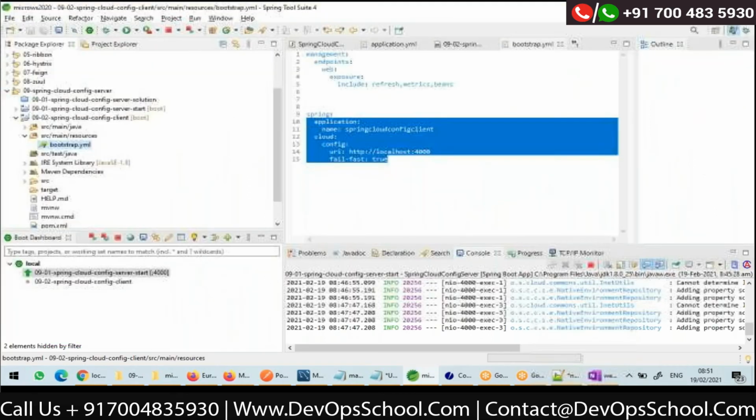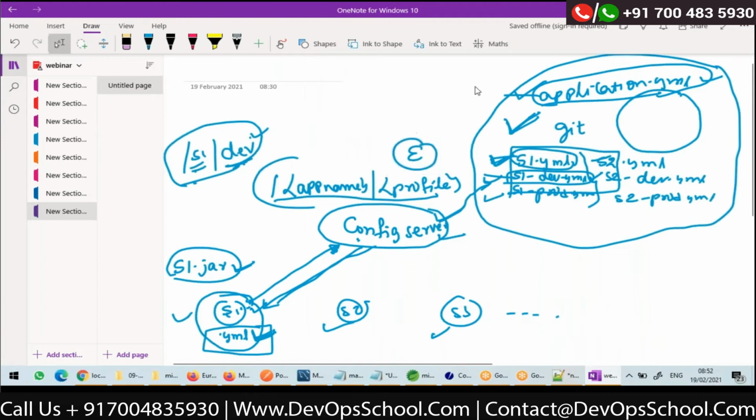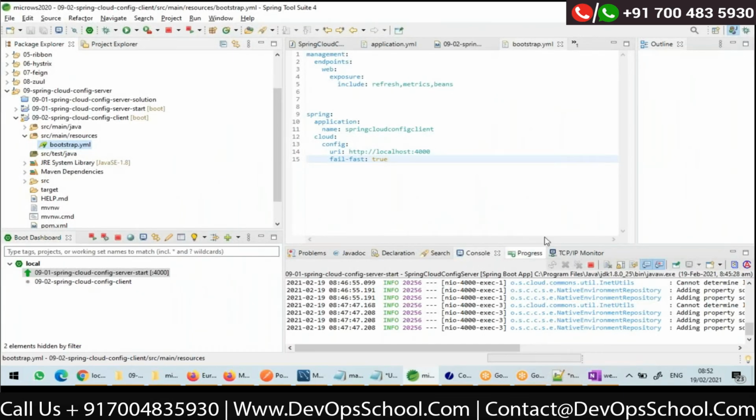So if you want to connect to config server at the Bootstrap itself, what you need to do is configure the properties in bootstrap.yml. Okay, that is the importance of bootstrap.yml. So whenever you are using Spring Cloud config server, you should not write inside application.yml, because your application specific configuration is present in your GitHub. It has to fetch it from there. What all you need to do is write some bootstrap configuration here in bootstrap.yml.